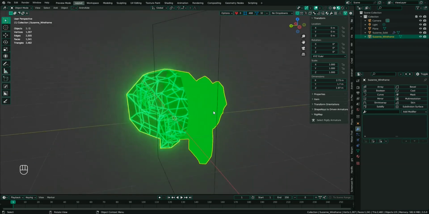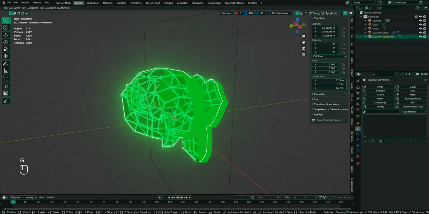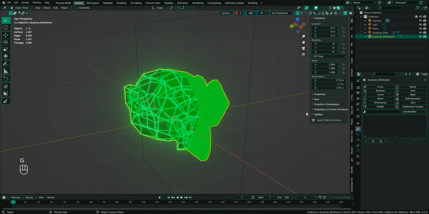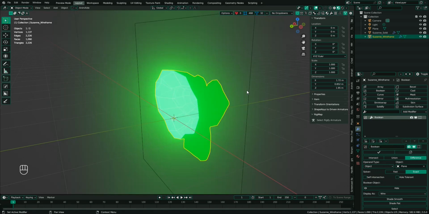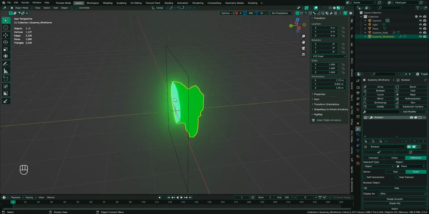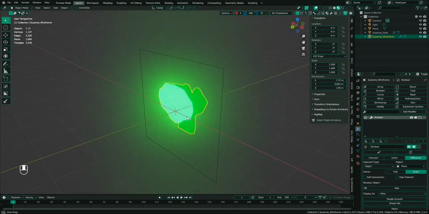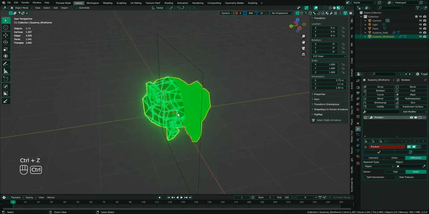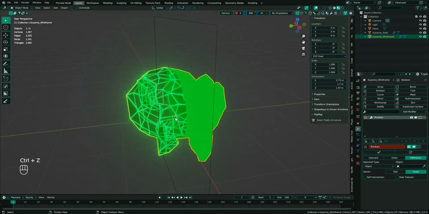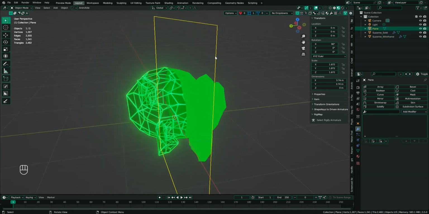Select the Suzanne wireframe, add a boolean modifier, source the plane, and as you can see, this happens. And I'm going to show you how to solve this. This weird thing happens, and to solve this, we are going to hit undo, and let's select the plane and